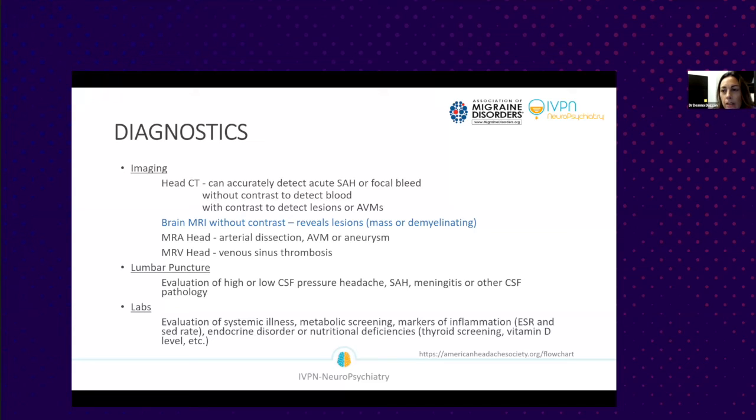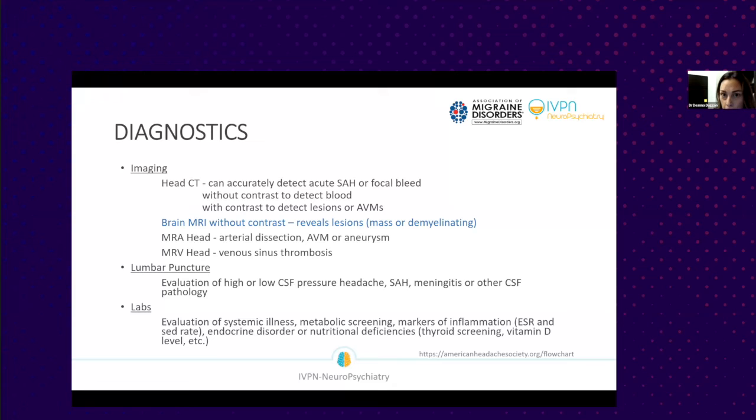And the reason is that the technology of MRI has improved to the point where we typically don't necessarily need to give gadolinium-containing compounds. There is a concern with gadolinium compounds, which is the contrast used with MRI, that there are still some trace amounts that have been found in tissues years later after administration. So just out of an abundance of caution, we avoid using contrast unless there is a known lesion that we need to check for interval changes.